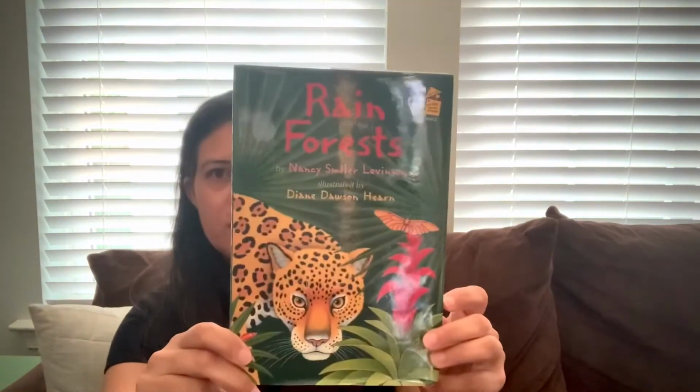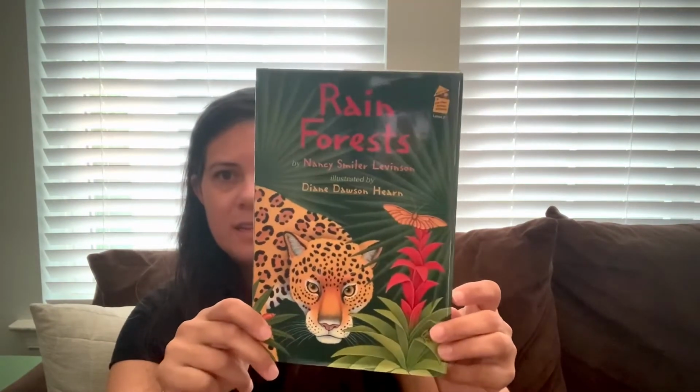So I picked this one up. Rainforest by Nancy Smiler Levinson. So this one looked really good. I know there's a lot of glare here because of where I'm sitting. This one was $1.75, but it shows you different